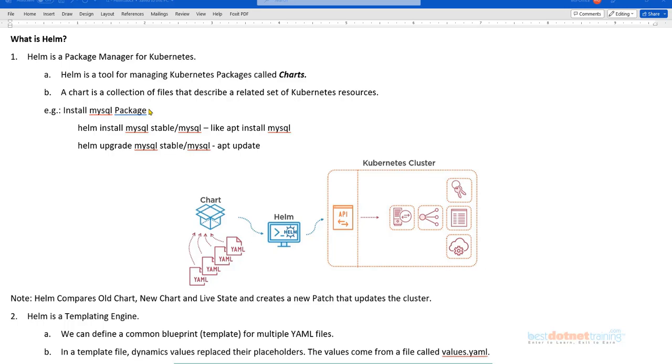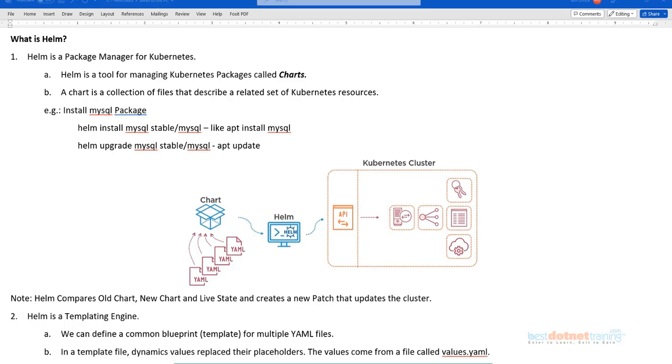Now give me a scenario where you feel a Kubernetes deployment might end up creating multiple objects in a single deployment. When I say deployment, I'm not talking about a Kubernetes Deployment object. I'm talking about an application that you want to deploy in the Kubernetes cluster. Is it possible that our application can be made up of a deployment plus a Kubernetes service, irrespective of ClusterIP, NodePort or LoadBalancer?